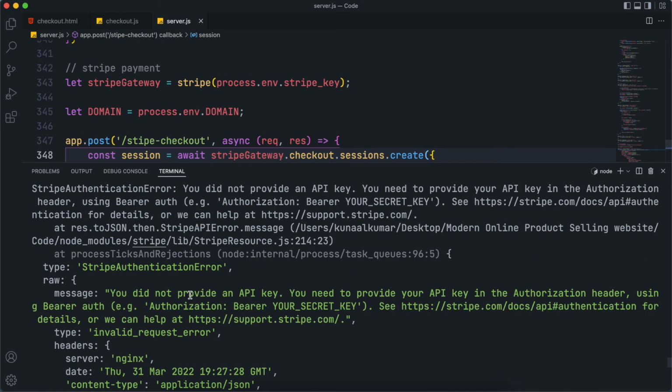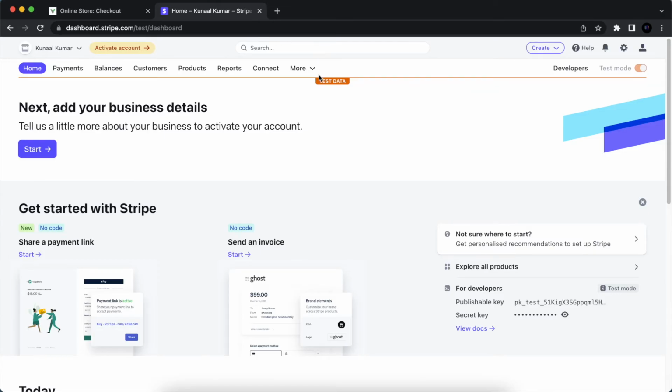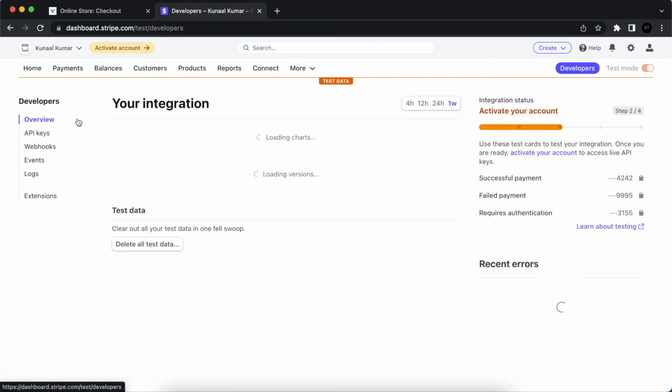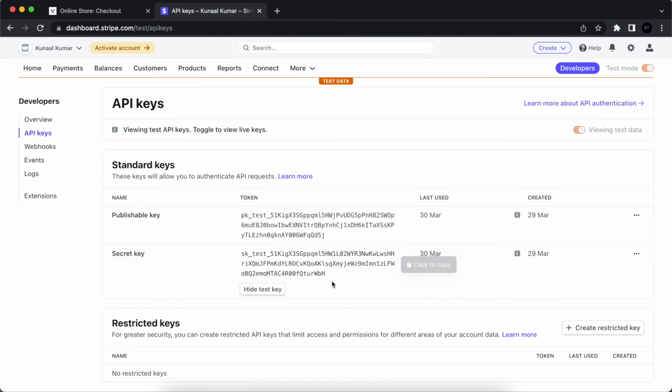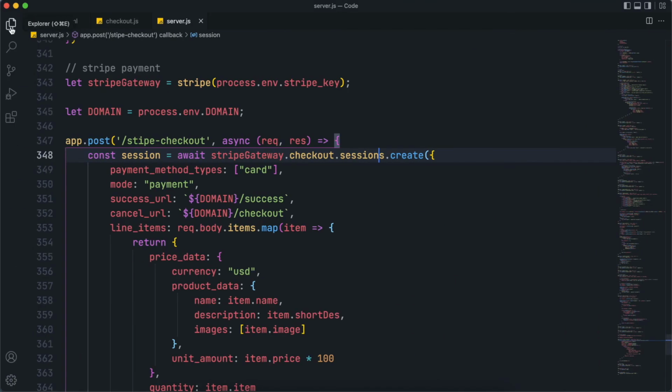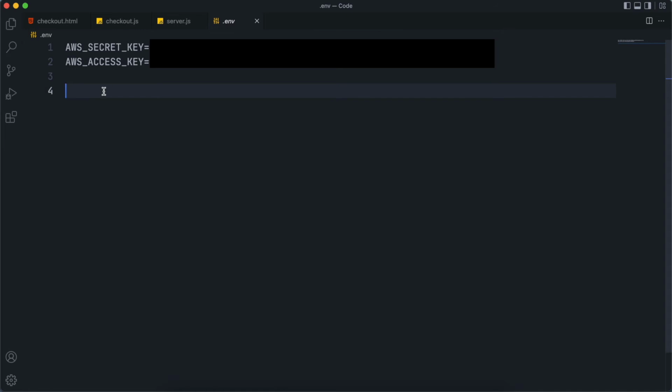Okay, I haven't given the API key. So once you are logged in to your dashboard, go to the developers section, and inside it go to the API section and click on this show API key. Just copy this secret key. This secret key is used in the test mode, so copy this and go to your .env file